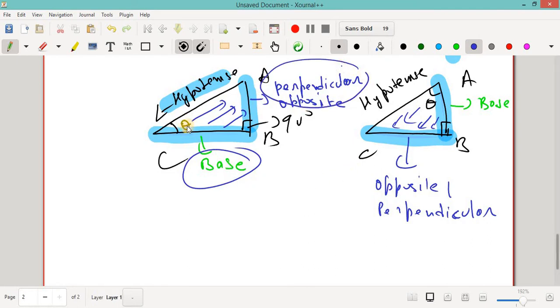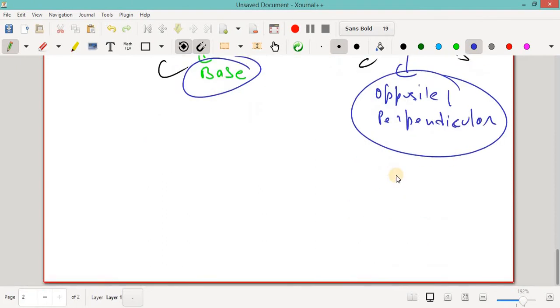Now if you take this example, I am taking this as my theta, so this is my base, and the opposite side is my perpendicular or opposite. In this case, this is my theta, so the opposite side, that is BC, is my perpendicular, and the side that is attached with this theta is known as the base. Now let us move forward. Let us understand the formulas in a simple way, so that in the examination we can recall them without having to learn them by heart. First thing, there are 6 angle formulas we have to study right now. I will draw a simple diagram for you, so that it is easy to understand.